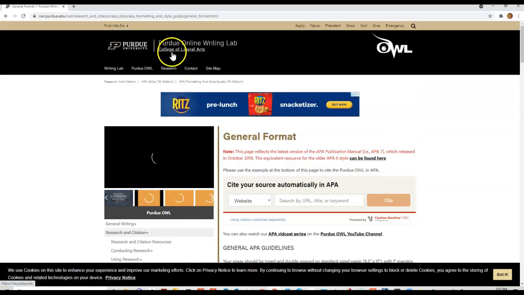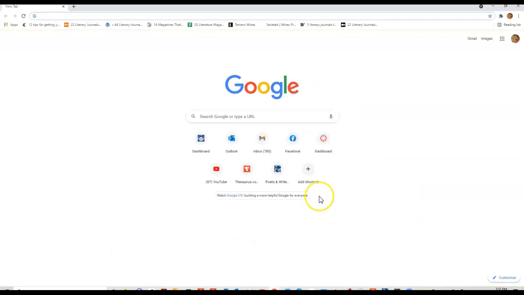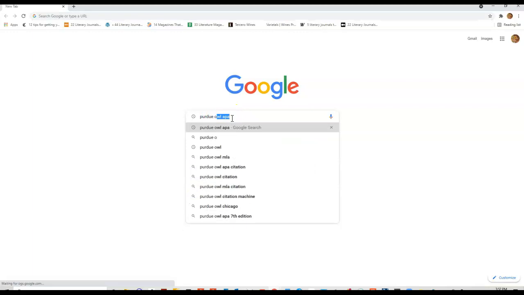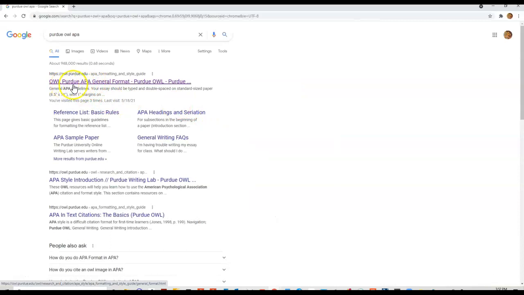So I have it pulled up here. It's just called the Purdue Online Writing Lab. And if you wanted to just do a quick Google search for it, you can just type in Purdue OWL, and then maybe you could even include anything that you were interested in specifically. So in this case, we were doing APA, and then it's the first thing that comes up,